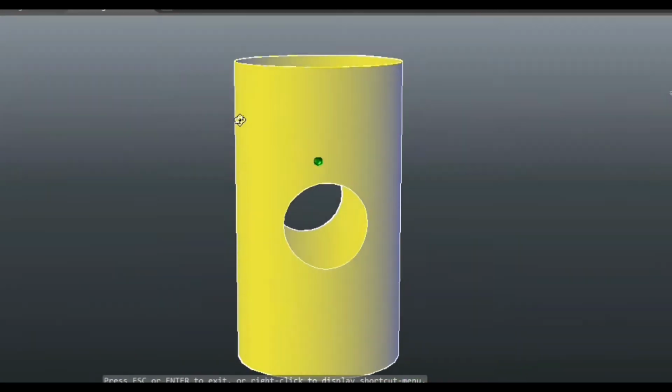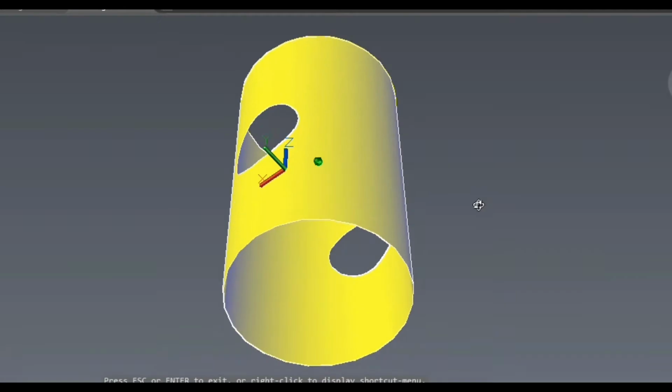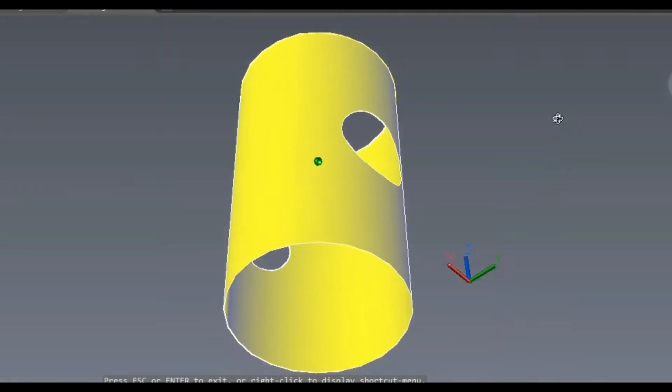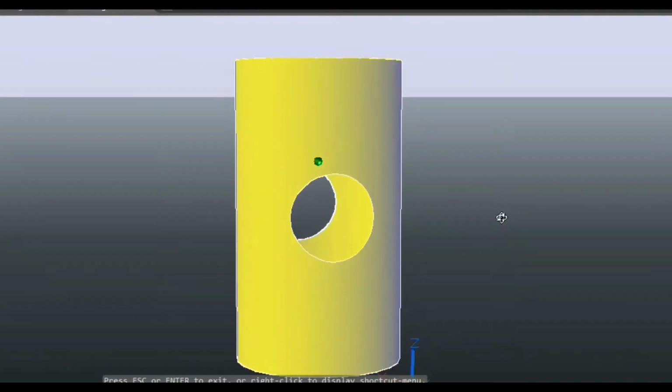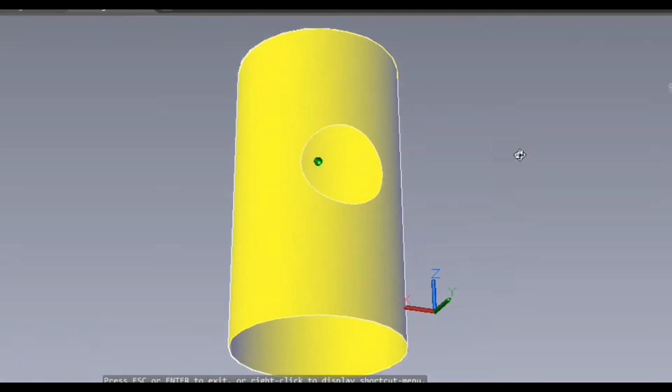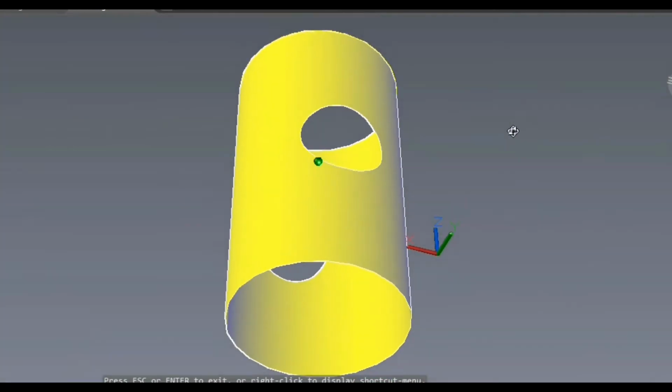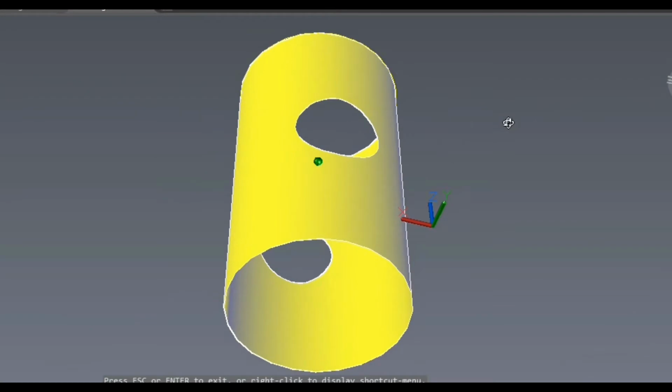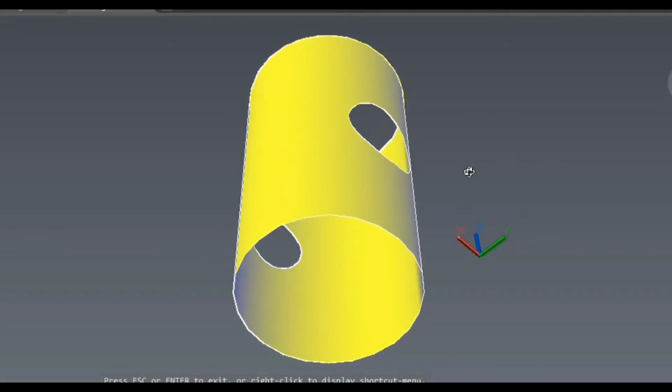When you view this, it is actually not a hole, something elliptical is there. When we develop this surface, we will be able to see that. Now we'll lock this final position, and from this position I will develop the surface of this cylinder.